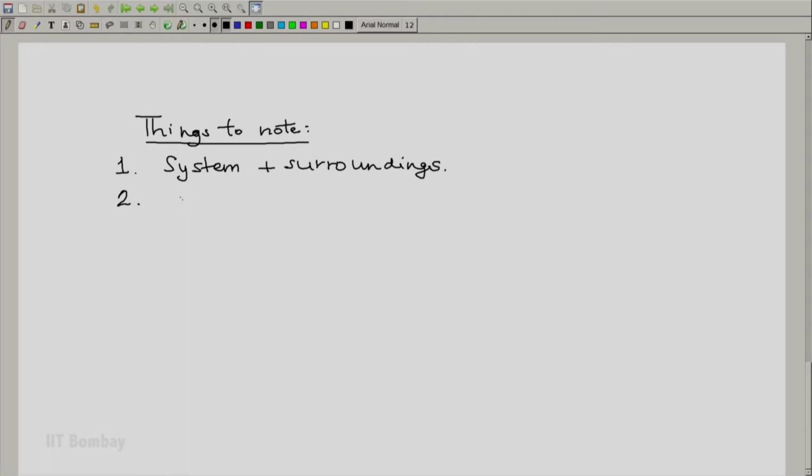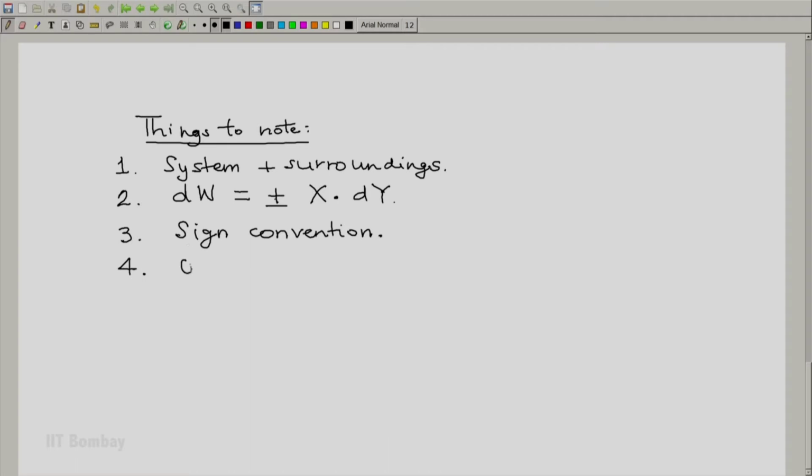Second thing to note is that the final format of the work interaction turned out to be some plus or minus sign, some x into dy. This was the final format. P dV, E dq, tau d theta, T dl, everything was in the x dy format. Third, some sign convention was involved. In some cases we had a plus sign here, in a few cases we had a minus sign here.